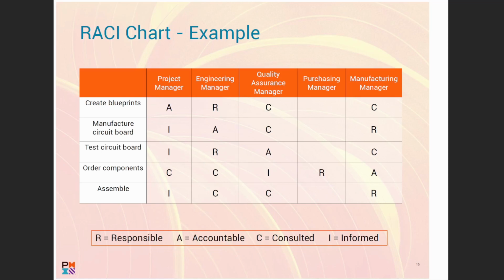We're going to categorize each and every one of the stakeholders of the team, or the team members. Let's go through the team members: project manager, engineering manager, quality assurance manager, purchasing manager, manufacturing manager. So we're going to classify each and every one of them: who's responsible, who's accountable, who's consulted, and who needs to